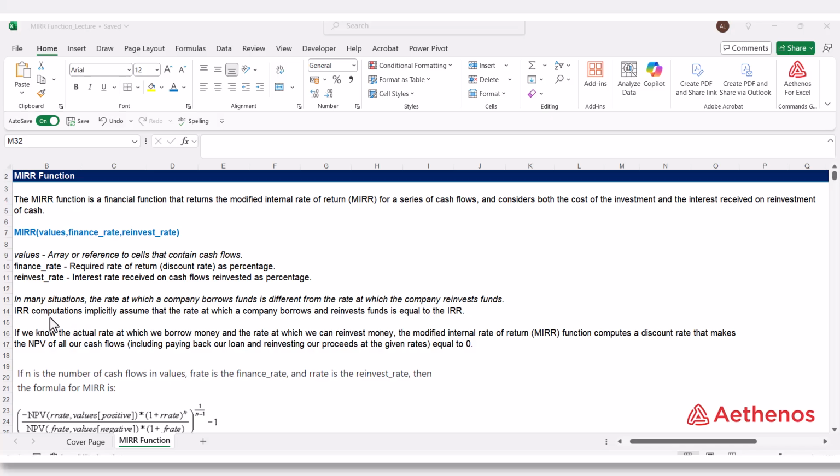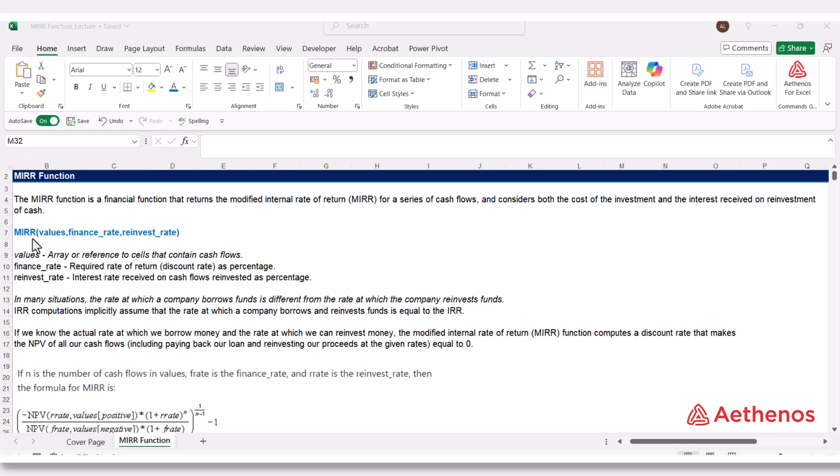In the internal rate of return calculation, we assume that the rate at which the company borrows and reinvests is equal to the IRR. But in reality, the company's borrowing rate and the reinvestment rate are different. So to get a more accurate internal rate of return, we can use the finance rate and the reinvestment rate